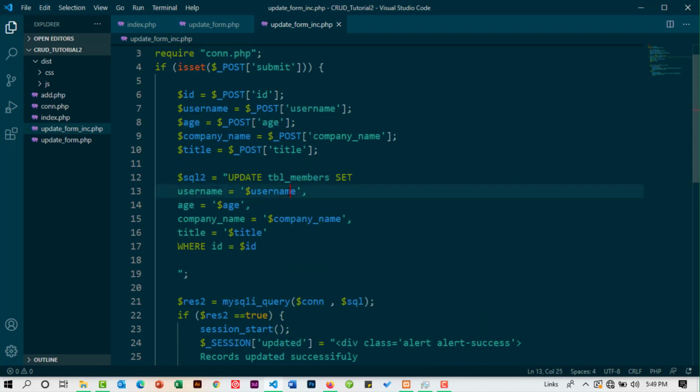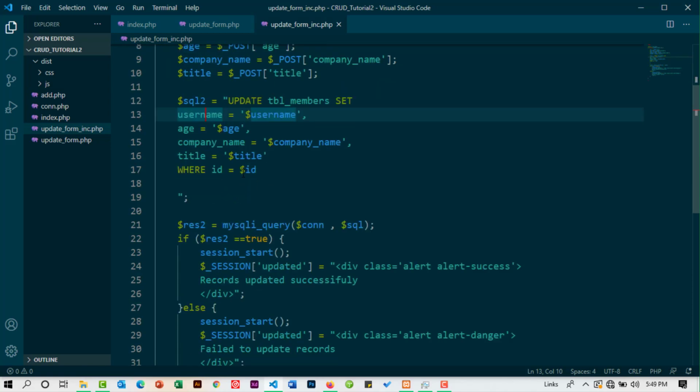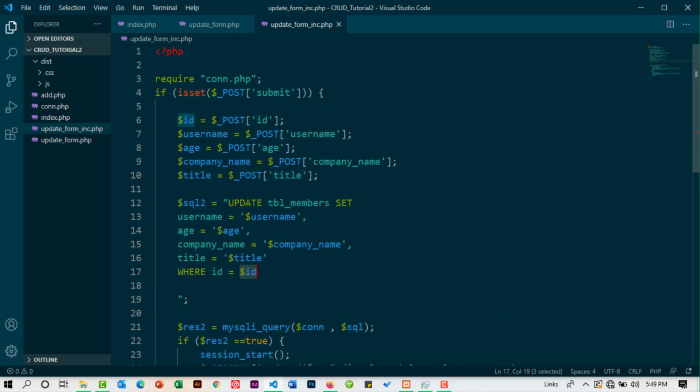Remember now the records are here, so we are just saying exchange what we have here with what we have in the database, where id is equals to the variable id. Remember, this is the id that we got from the update form, the id that we got from the index.php,